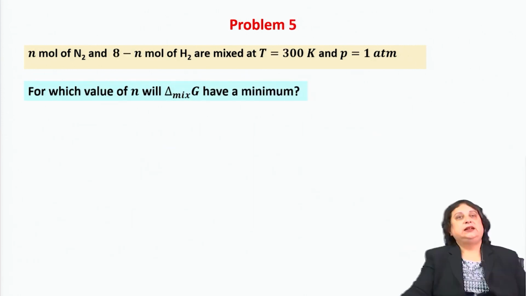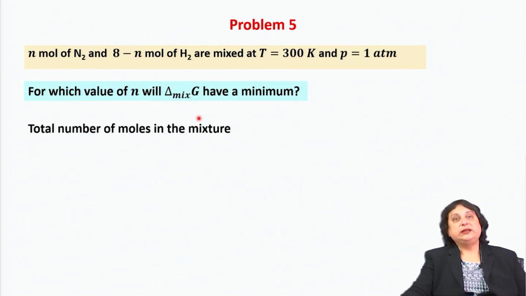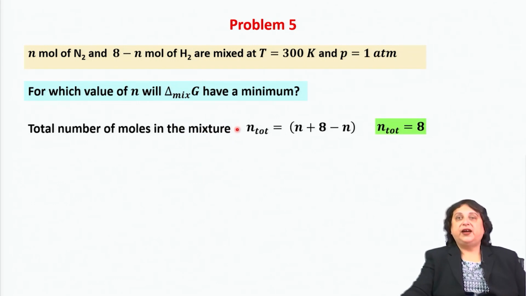Now, moving ahead, I have a slight variation of this problem. I have n moles of nitrogen and 8 minus n moles of hydrogen mixed at the same temperature 300 Kelvin and a total pressure of 1 atmosphere. Now, my question is, for which value of n will delta G mixing have a minimum? Okay. So, in order to understand this, once again I will start by determining the total number of moles, and I find that there are 8 moles of